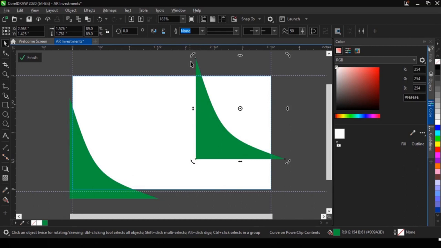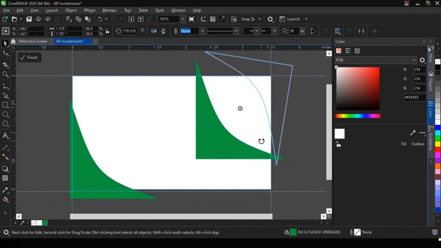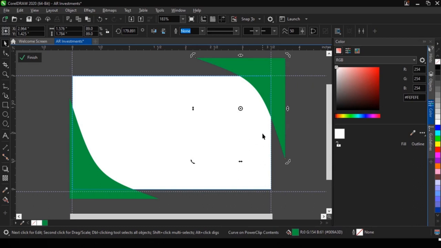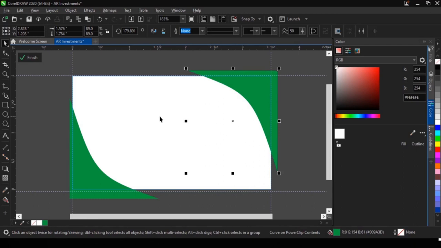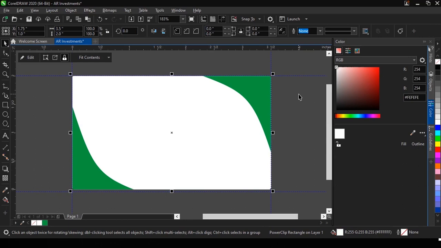Now I have to rotate it because I'm going to insert it at the top right hand side of the card. Rotate it and then make sure it's straight. Then I will push it here as well. Now I have to finish the design. Now we have this beautiful color. What we'll do next is that we go and